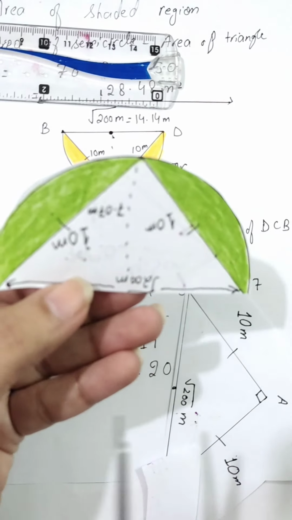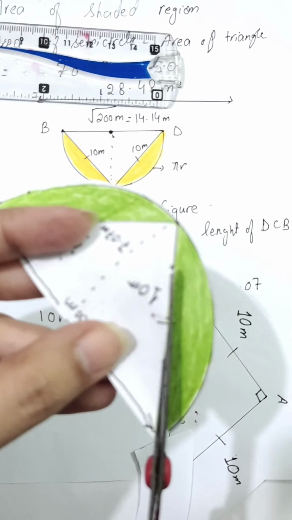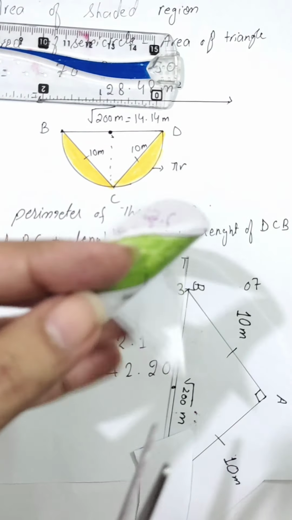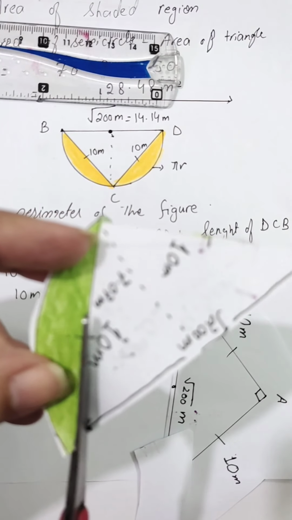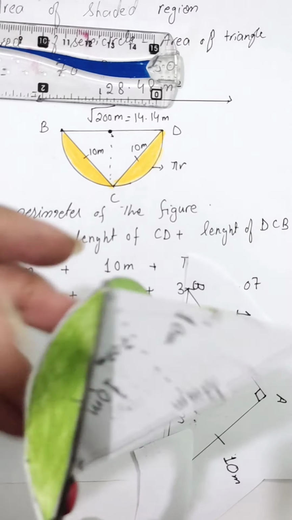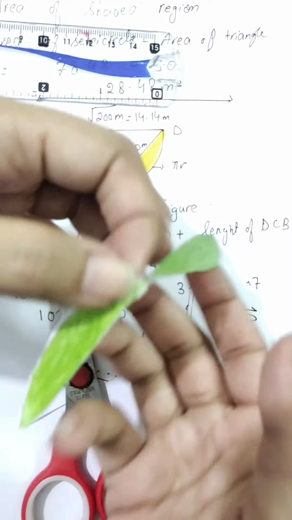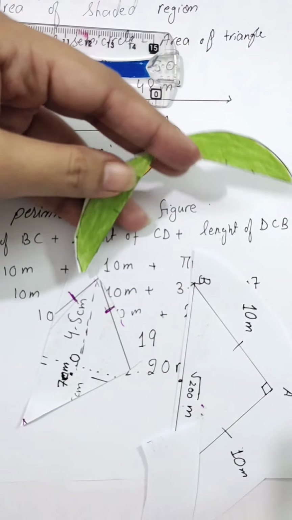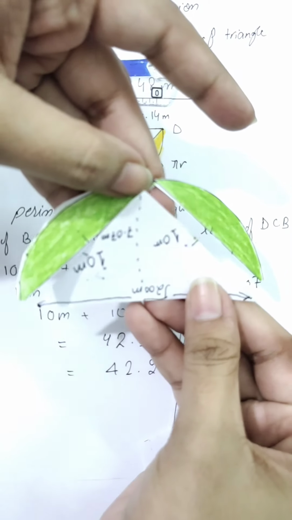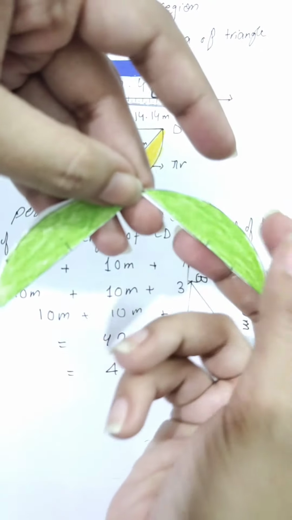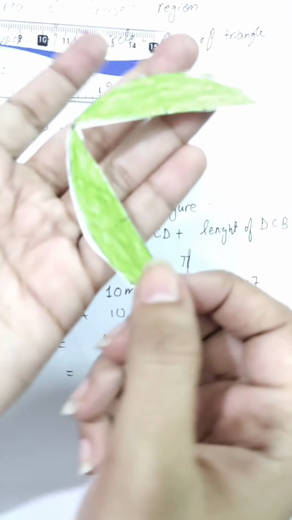But actually, I am using scissors and paper, so I will just tell you. Just cut it down. It is a semicircle. The complete shape is the semicircle, and there is a triangle inside it. So first we will find the area of the complete shape, the semicircle, and then you will subtract the area of the triangle. Look at this: from the semicircle you subtract the area of the triangle, and you will get the area of the shaded part. So this is the summary of today's question, and after that you will get the perimeter.